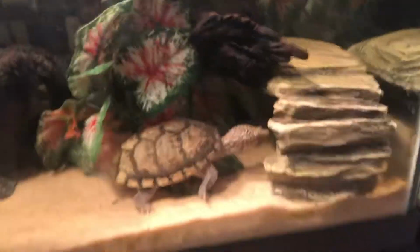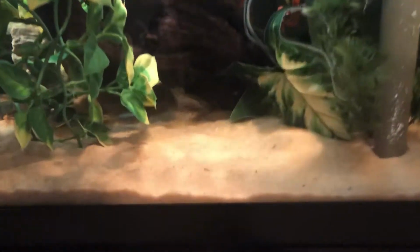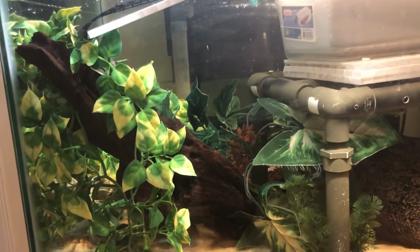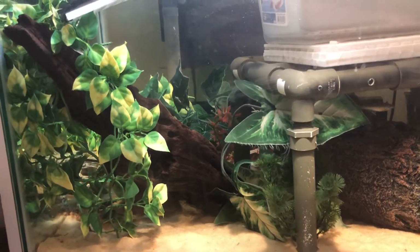The other thing I don't like about the sand is, if I move closer to the filter, there's the motor of the AquaClear, little black part right there. That horrible sound that you just heard is because sand, as fine as it is, will get sucked up into your aquarium, I mean, your aquarium filter, that is. And when it does, it kind of grinds up the impeller, and it causes it to make the horrible noise